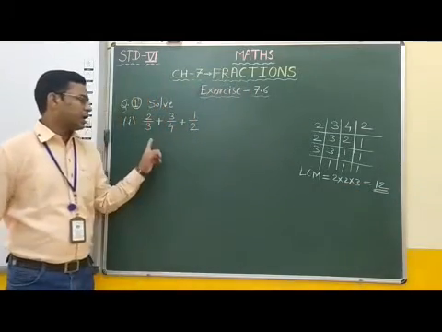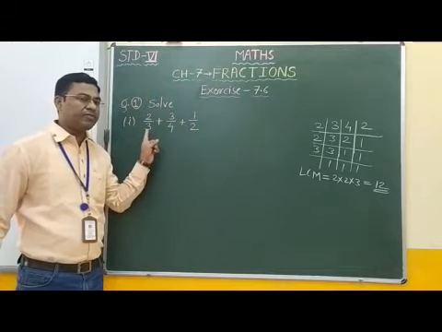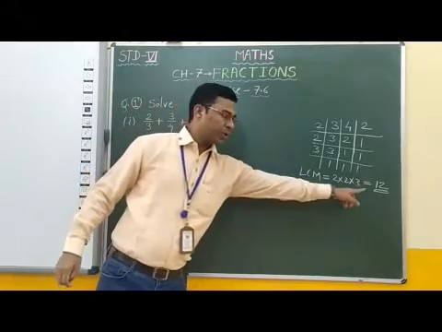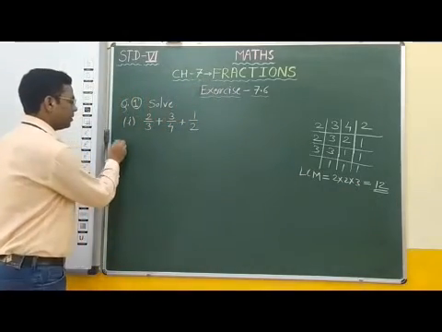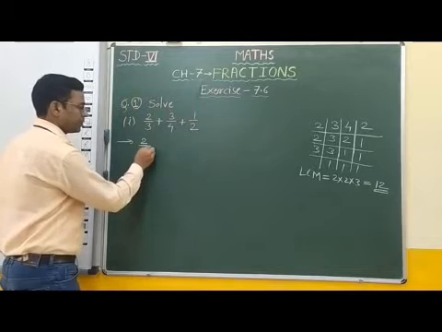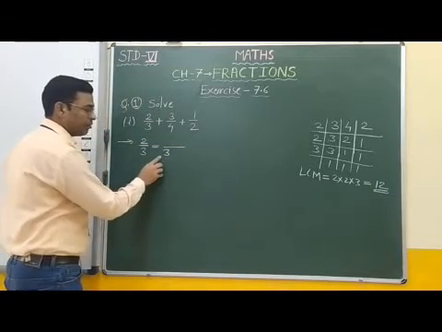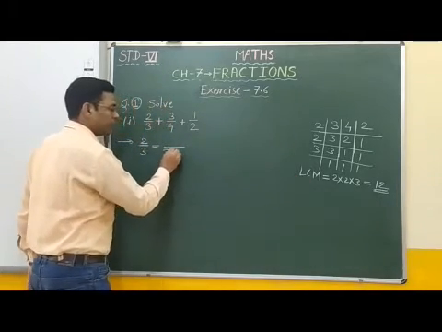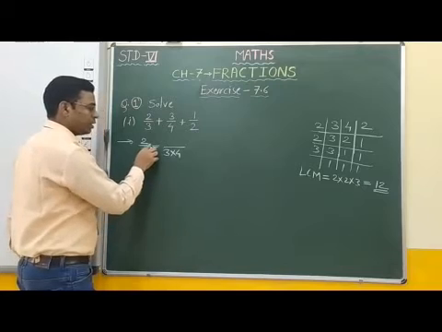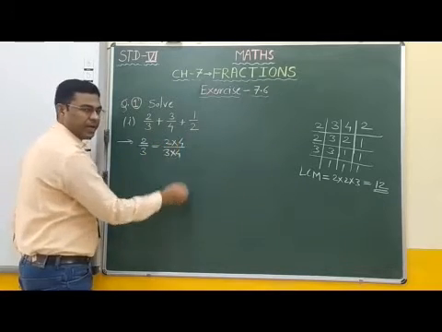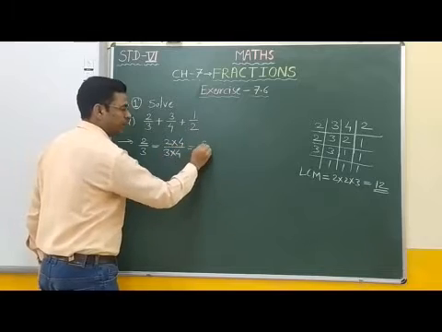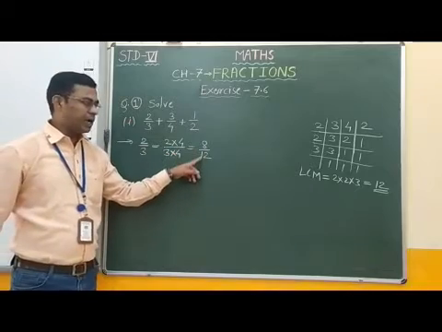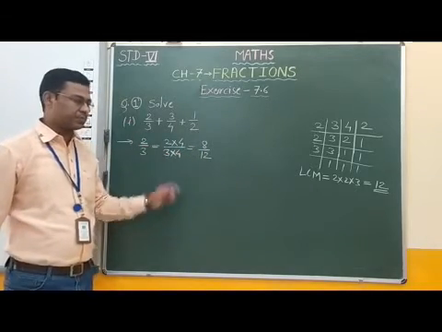Now students, here we have to write equivalent fractions of these three fractions with denominator 12. Therefore we can write here 2 by 3 is equal to, if we multiply 3 by 4 then we will get 12. Therefore 3 4s are 12. Therefore in numerator also we have to multiply by 4. Therefore 2 4s are 8 and 3 4s are 12. Therefore 2 by 3 and 8 by 12 are equivalent fractions.